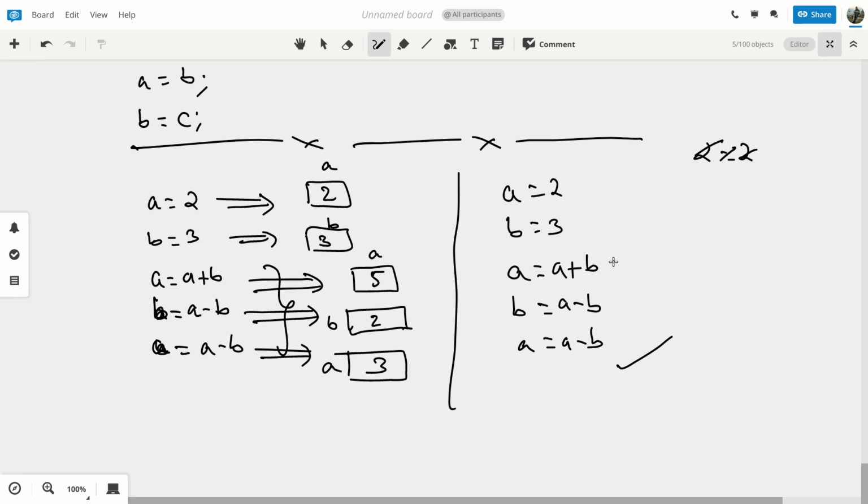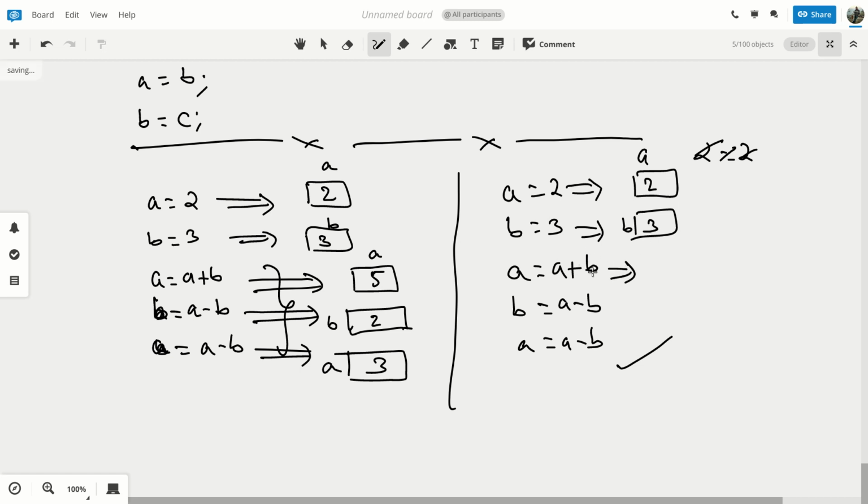Okay, I'll solve again. Let's do it again. This time, the right side is 2, only one single value, so that will be put in the variable labeled as a. So a will be filled with 2. The right side is 3, only one single value. That will be put in the block of memory labeled as b. B will be getting 3.